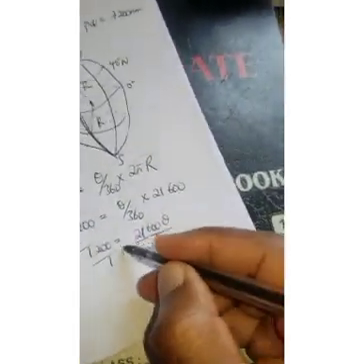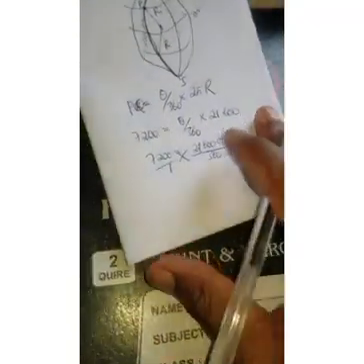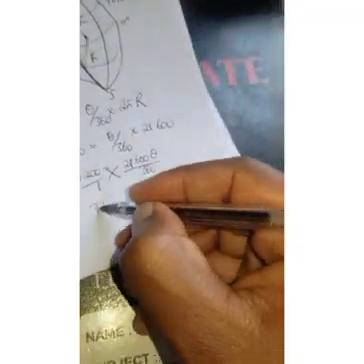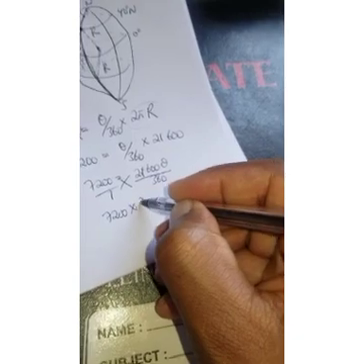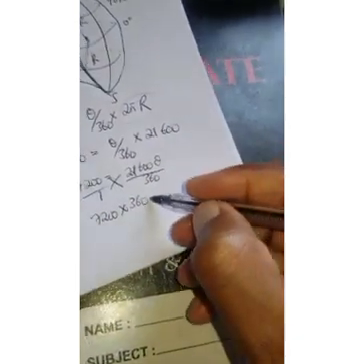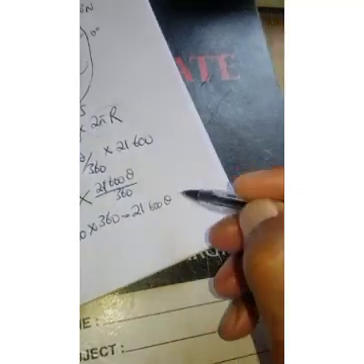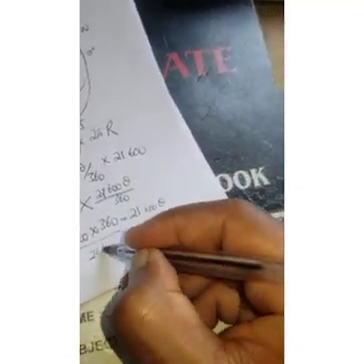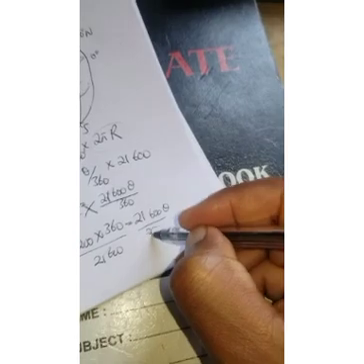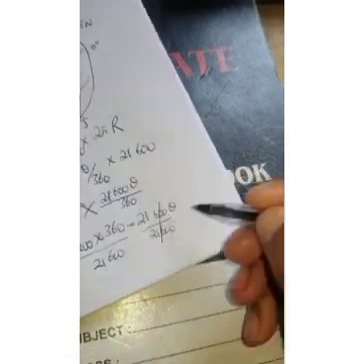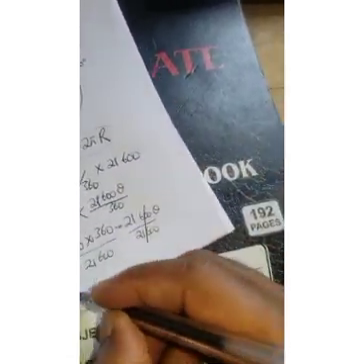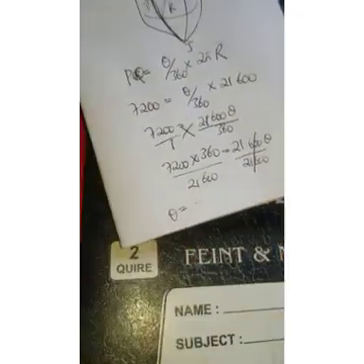Then over 1 we do cross multiplication, so that is 7,200 by 360 is equal to 21,600 theta. So we divide by 21,600 on both sides, so the angle there will be